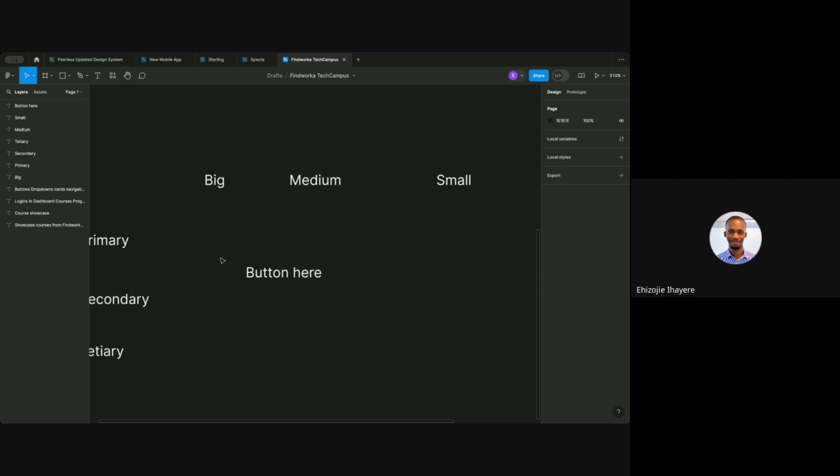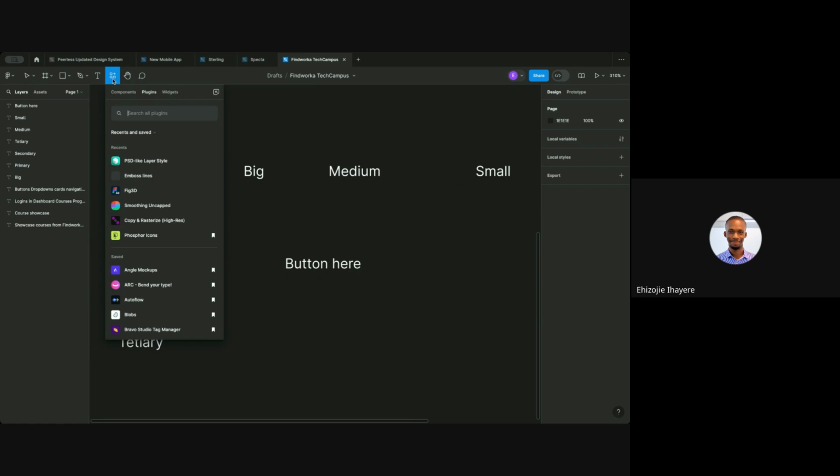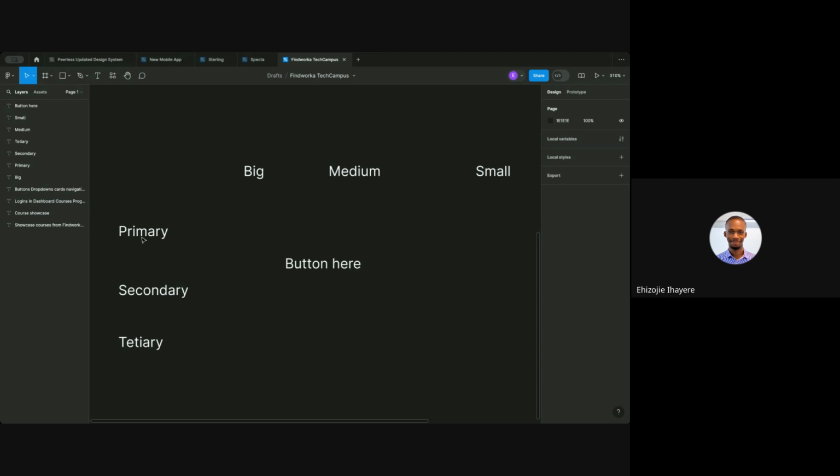I need to place an icon. So right, remember I told us of plugins. Plugins are really helpful. Me, I use plugins a lot. I haven't saved this guy. This is one of my favorite icon packs, Phosphor Icons. So once I click on Phosphor Icons,